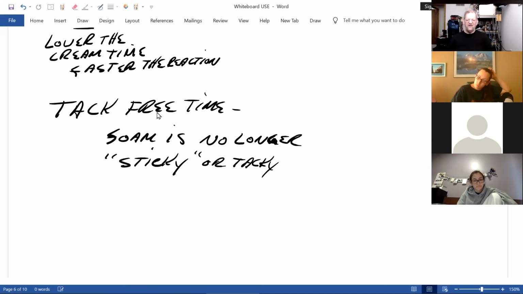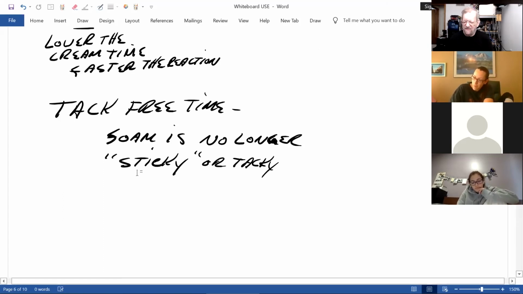Hopefully I'm spelling sticky and tacky right. You take a tongue depressor and touch it, after a couple of minutes, to the top of the foam. And if it pulls away without pulling anything with it, it's no longer sticky. Sort of like if you had something like Scotch tape or masking tape, this would stick to it. When it no longer sticks,